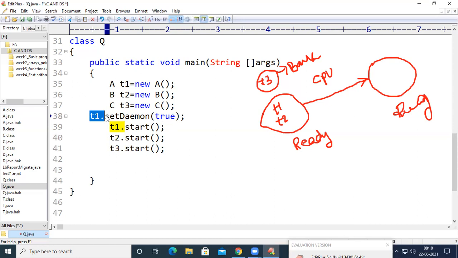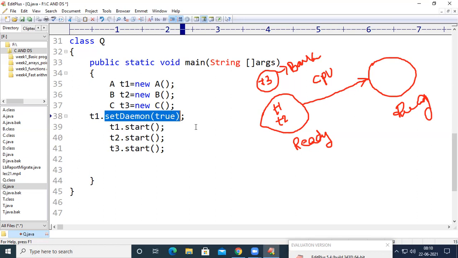So we are setting this T1 as a background thread. When you set a thread as a background thread, that thread will be executed when the CPU is idle. The schedule will not be given for this thread because it is a background thread. It will be executed when the CPU is idle.